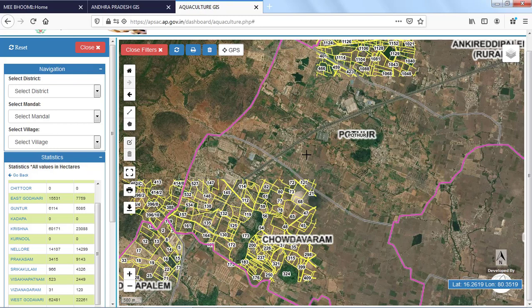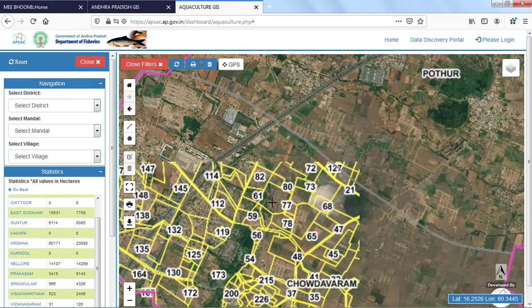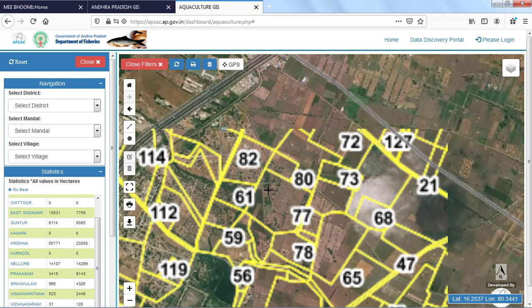Here we are getting the survey numbers. So in this website, for only some districts we can see the survey numbers. For other districts like Anantapur, Chittoor, Kadapa and Kurnool, we are unable to see the survey numbers.